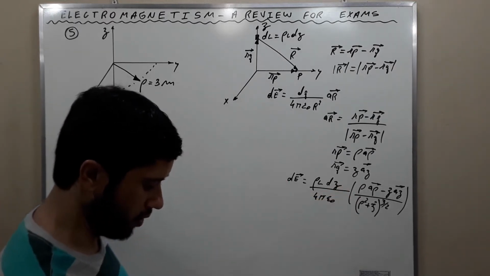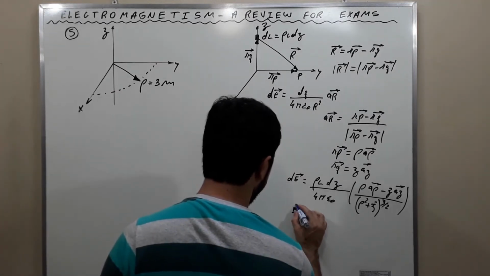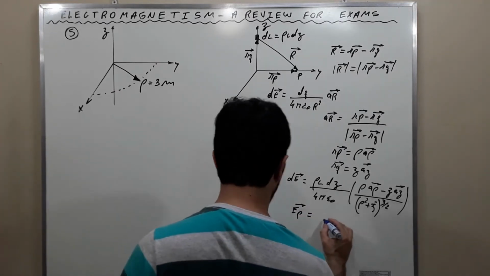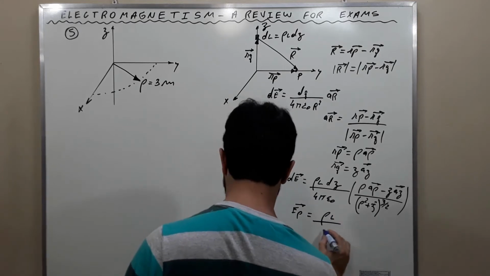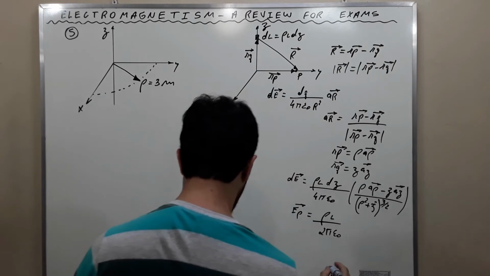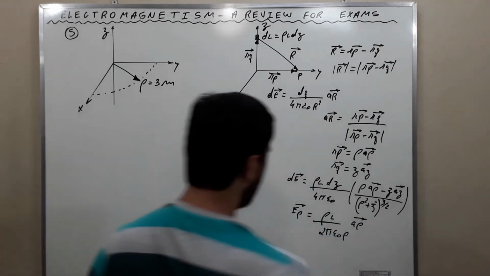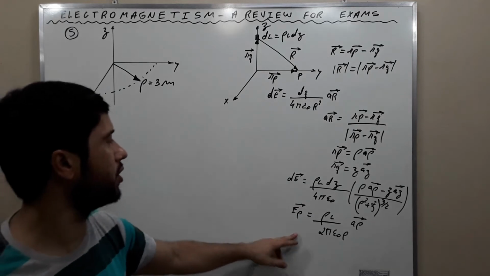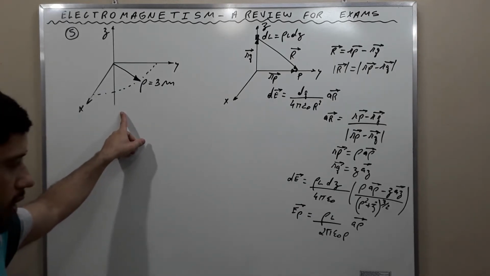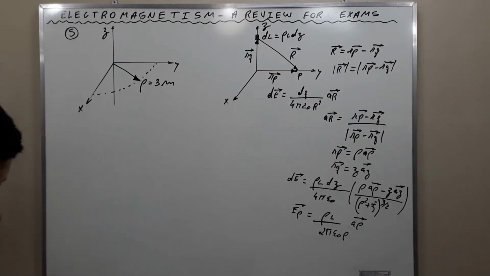And if we integrate this in z, we get that E P is equal to rho L over 2 pi epsilon 0 rho a rho. Okay, this is the expression that we are going to use here to calculate the electrical flux density